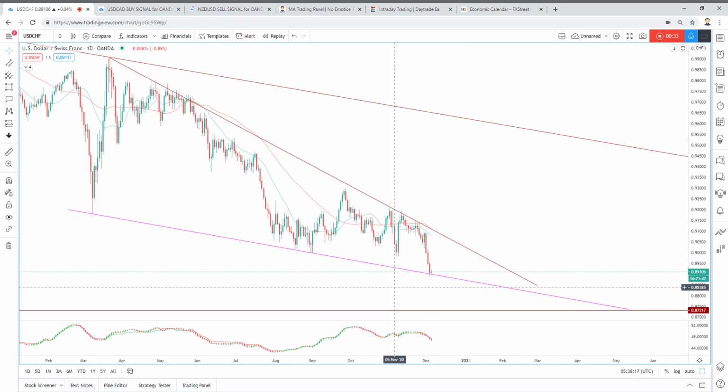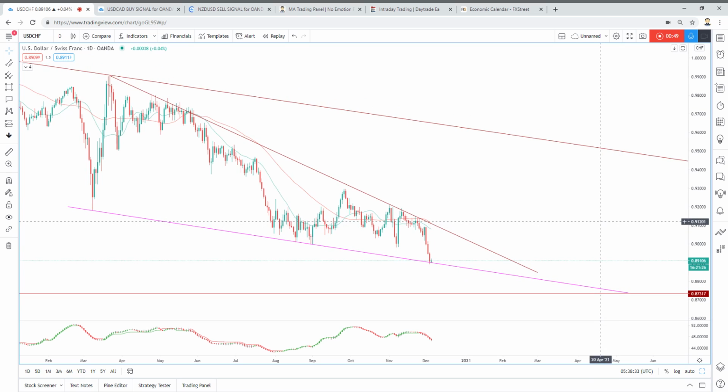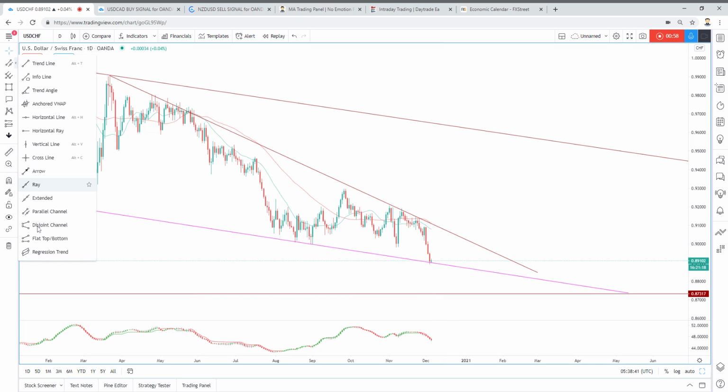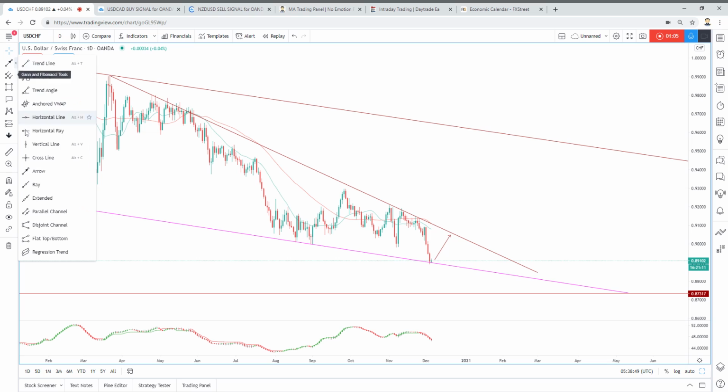So again, assuming that the structure remains valid, we can wait for potential for price to move higher, and in a shorter time frame we are looking for a buy in USDCHF. Now what we can potentially see is, if price bounces from here, then our target is going to be at least the test of this zone, which maybe